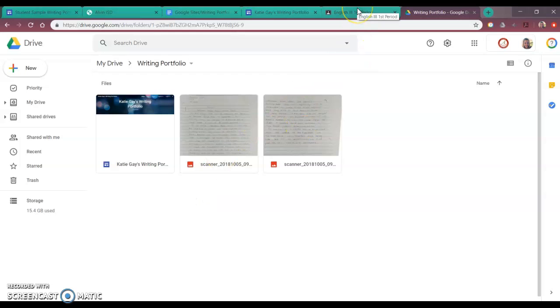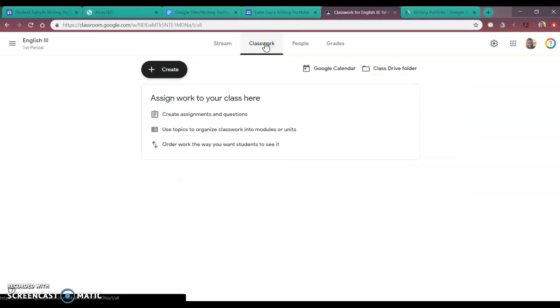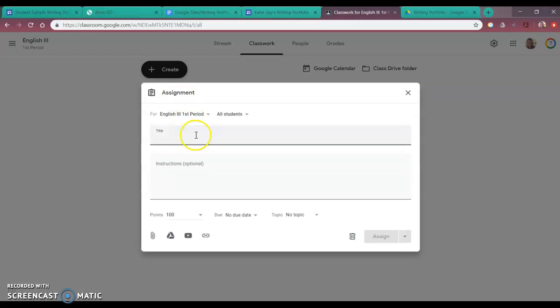Or one thing that I do more than this is in Google Classroom. That's where I like for them to create all of their assignments. It just kind of works better with my organizational scheme. Under classwork, I just create an assignment for each individual thing that they do, but especially for this writing portfolio. I found at the end of the school year last year, when we needed to add a few things that we hadn't included onto the portfolio, all I did was go to create an assignment,